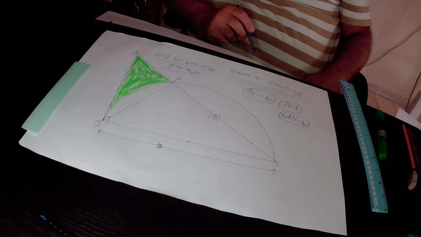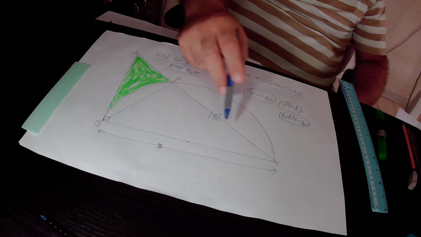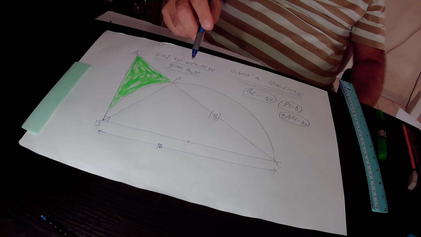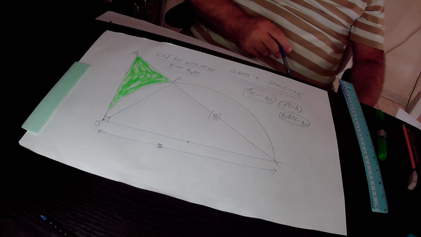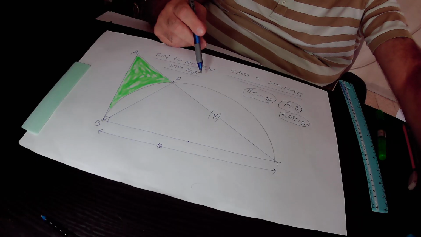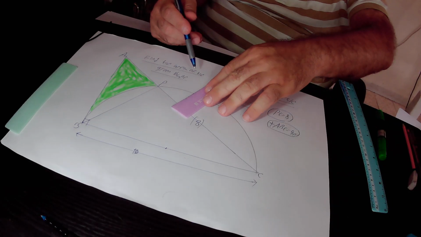Peripheral angle PBC subtends on BC. It is the diameter of the semicircle, and therefore, according to Rule 5, the size of this peripheral angle must be equal to 90 degrees. This angle equals 90 degrees in its size,